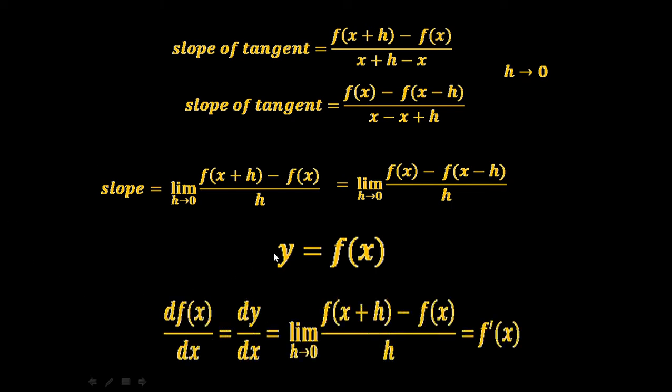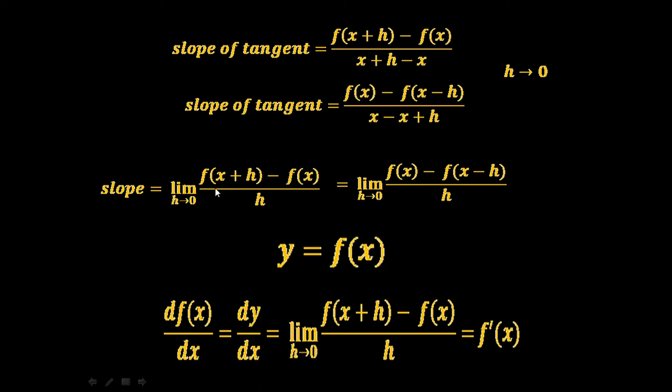For that, as a notation, we write d of f of x. This indicates a very small change in the function, in the curve, and this h is the difference in x, so that is why dx, and that is also h tends to 0. So when the change is very small, we denote it by dx. So d of f of x means dy, because y equals f of x, by dx,